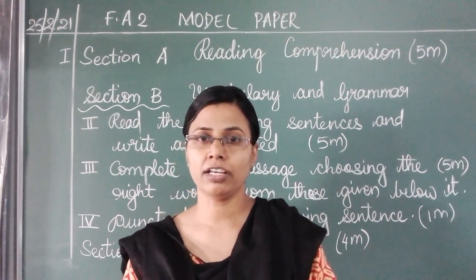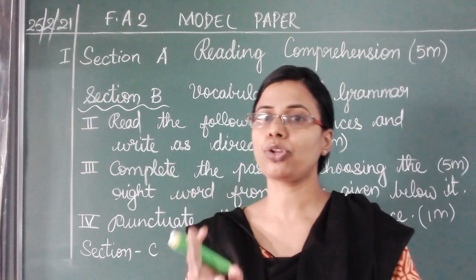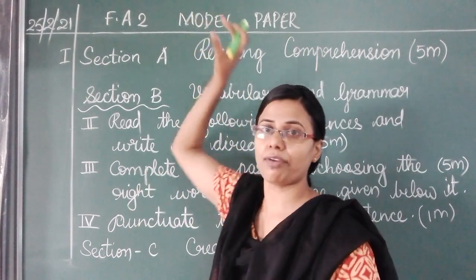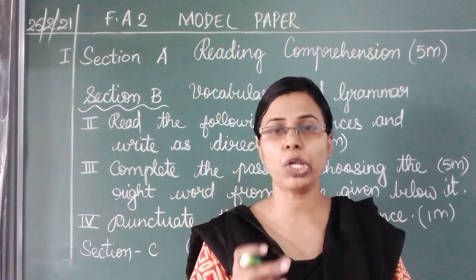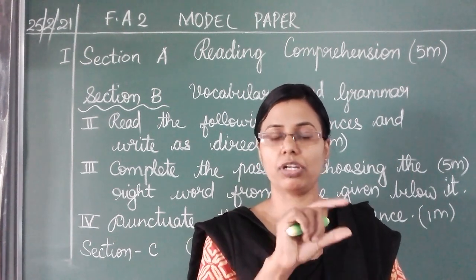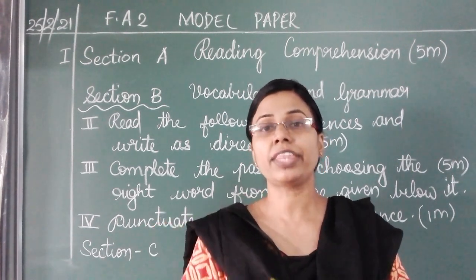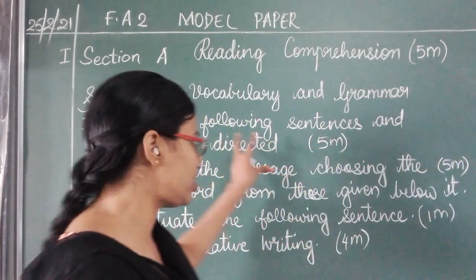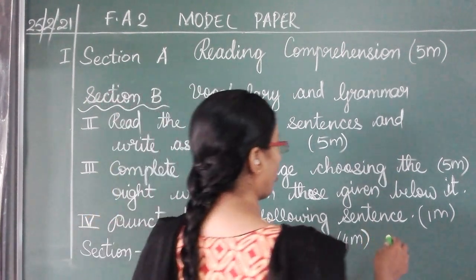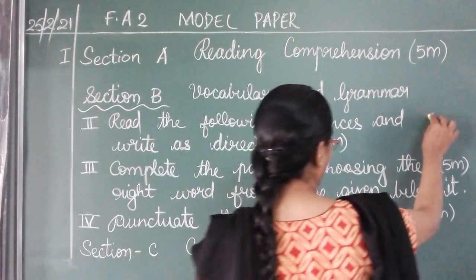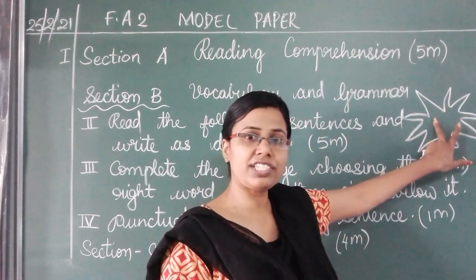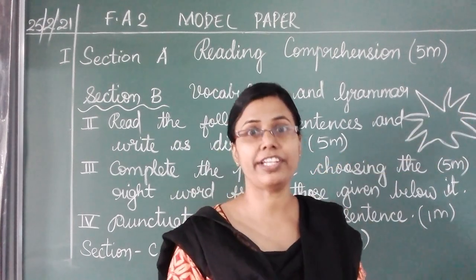Poster is nothing but, first thing what you have to do is draw a rectangular box. Then above the box you have to write the heading poster, and then below it you have to write the topic, on what topic you are making the poster. The topic of the poster should be written. Then towards one side, towards the left side, you have to write a catchy slogan. When you are writing the slogan, you can make something like this. When you write the slogan inside this and draw this shape, it is very catchy.